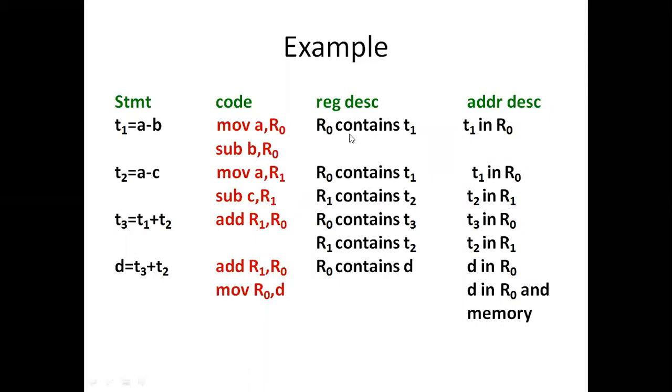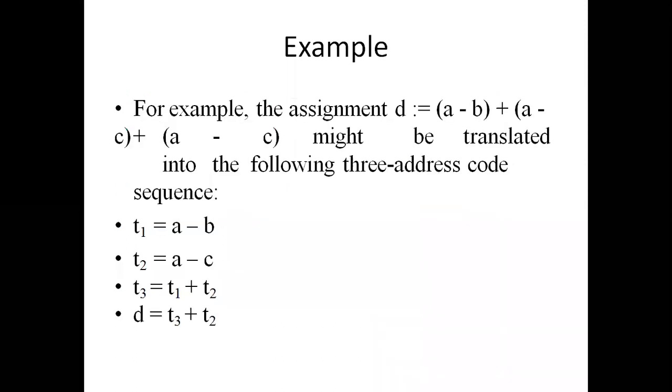The register descriptor contains only two fields. What are those two fields? Status and operand. And what does the address descriptor consist of? It consists of three fields: attribute, addressing mode, and it may be a storage location or a register location. Now let's see how the code is generated here, starting with statement number one.